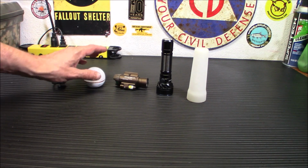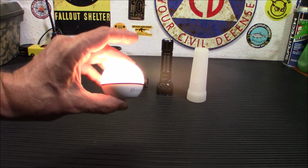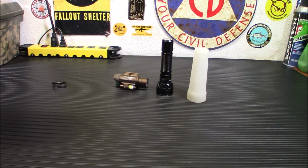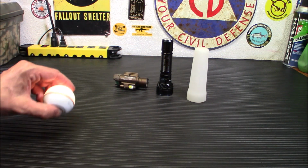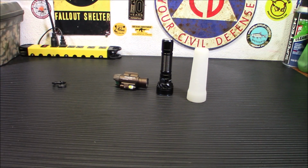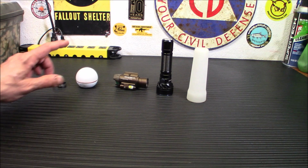So these things are really handy, and you can set this on a memory, like let's say I'm going to do this. Okay, next time I want to use this light, I can set this so I can turn it on and use it right on that white, and that's what I really like. I have used these things so many times, just around my house. They're very handy because not only are they an awesome power failure light,